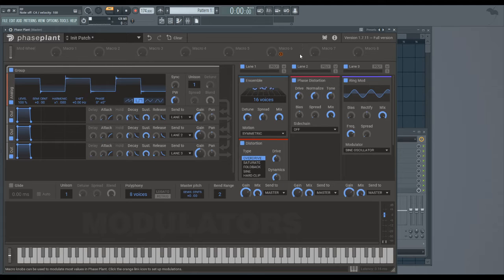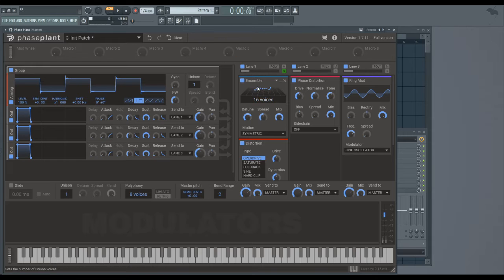And it doesn't sound good. I didn't make it to sound good, I just made it to demonstrate what Phase Plant could do. So there's some other things now. I'm gonna solo this one, and we'll see. You can mute the effects in any lane, and then you can solo. I guess I don't need to mute these, but